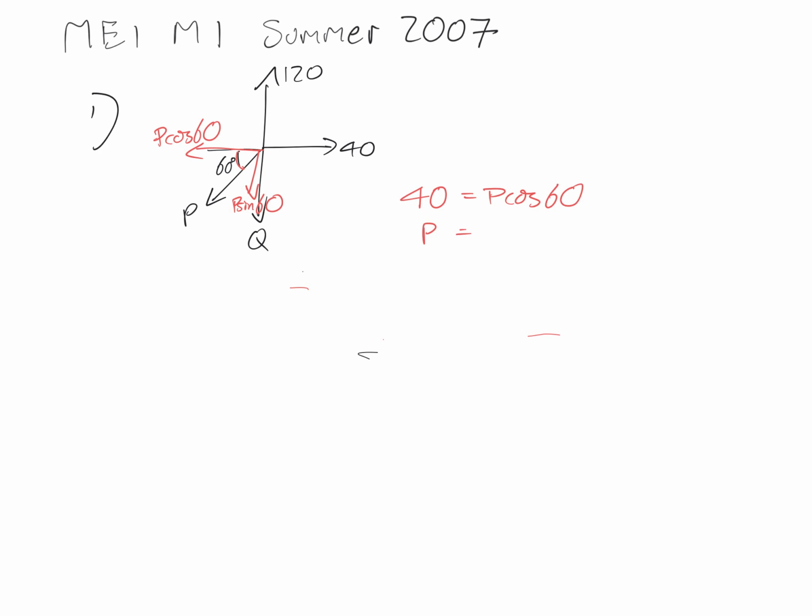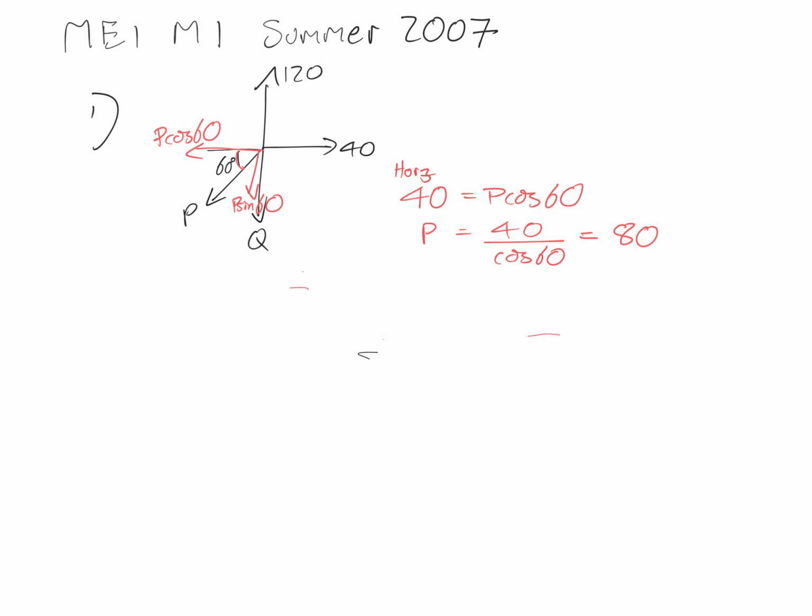So P is 40 over cos 60, which we can work out. So that equals 80. And then, so that's considering